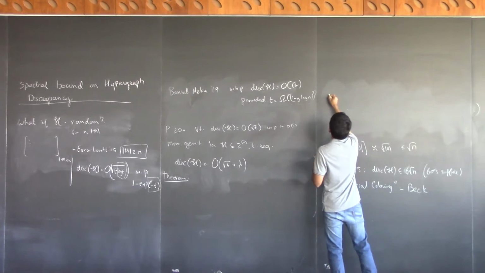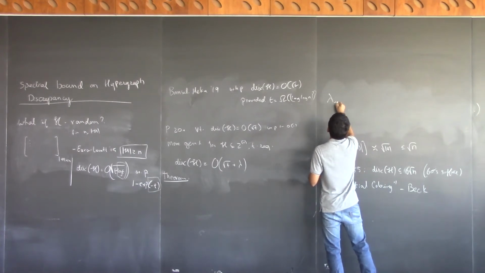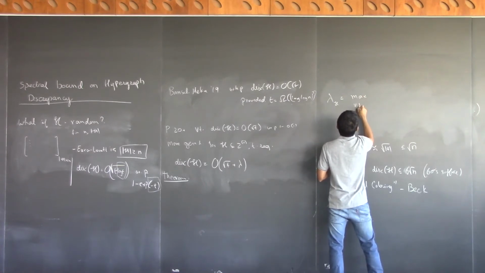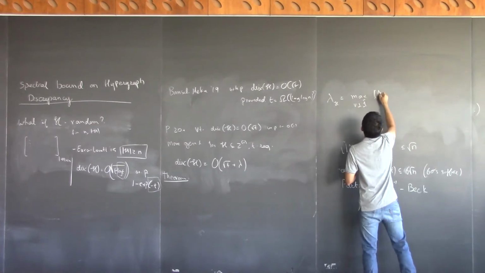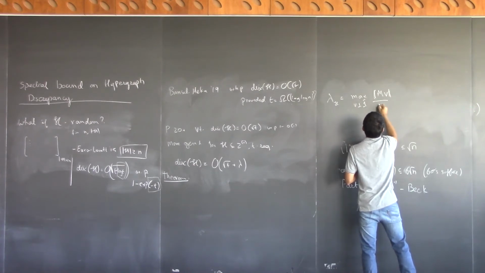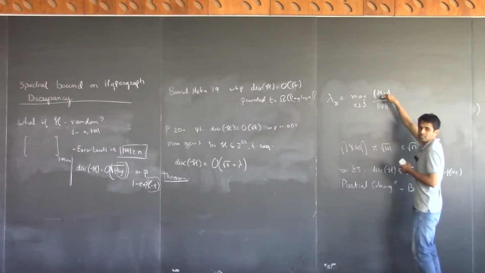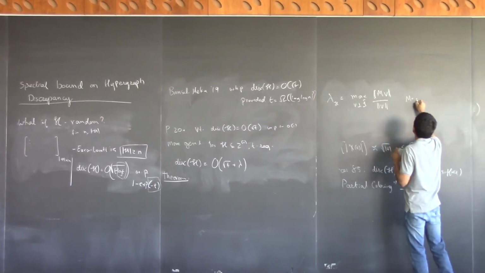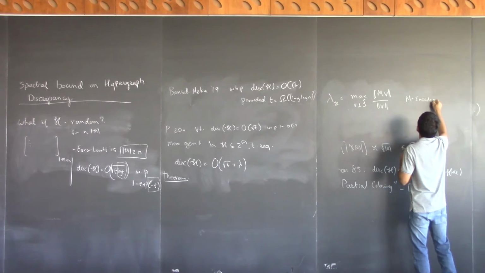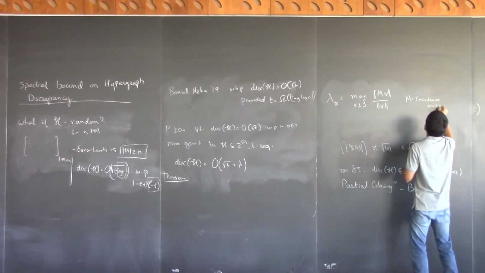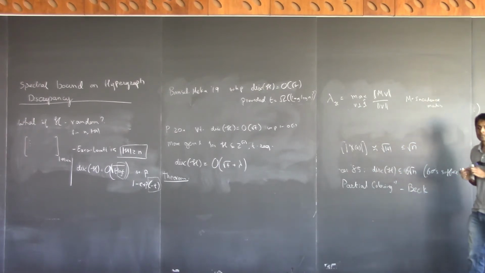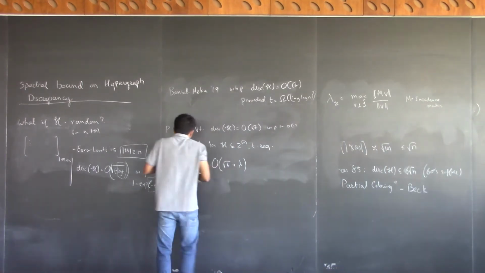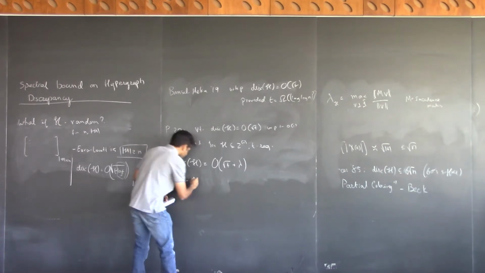Right. So lambda is the max over V orthogonal to all ones. M is the incidence matrix. Okay, so to justify why I'm saying this is more general,